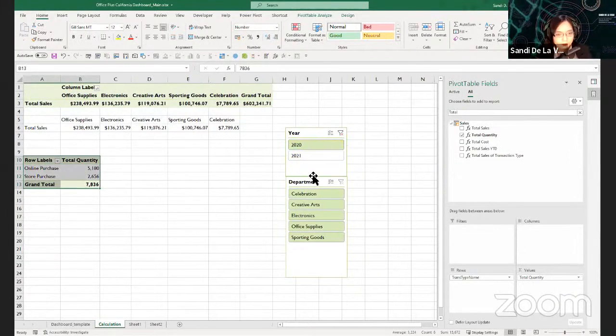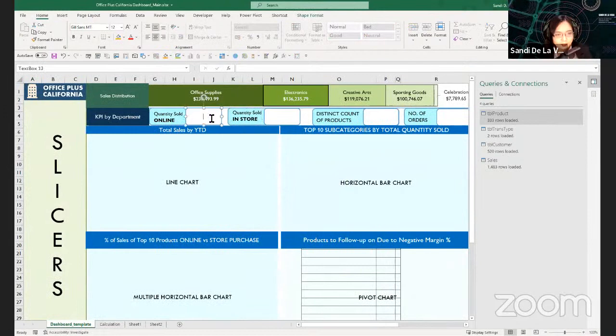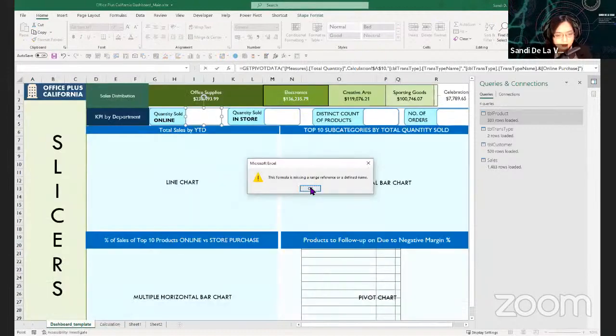So by checking the slicers, we can see it updates based on our slicer. But the problem with this is, if you immediately refer to that cell using the pivot table, it will create an error.